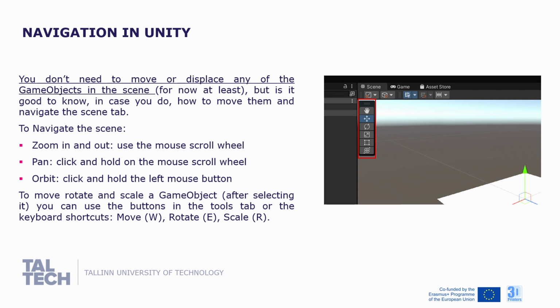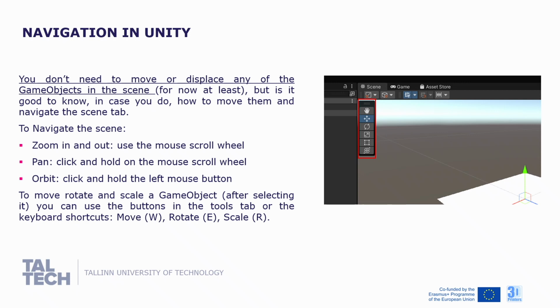You don't need to move or displace any of the game objects in the scene for now, but it is good to know, in case you want to do it, how to move them around and navigate the Scene tab. To navigate the scene, you can zoom in and out by using the middle mouse scroll wheel. To pan, you can click and hold the mouse scroll wheel and move it around.